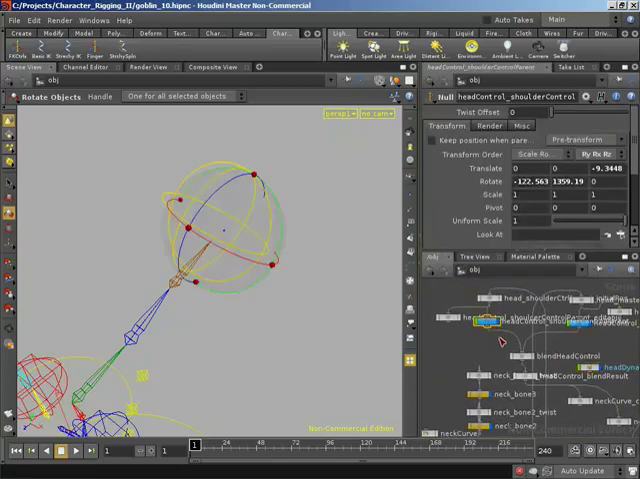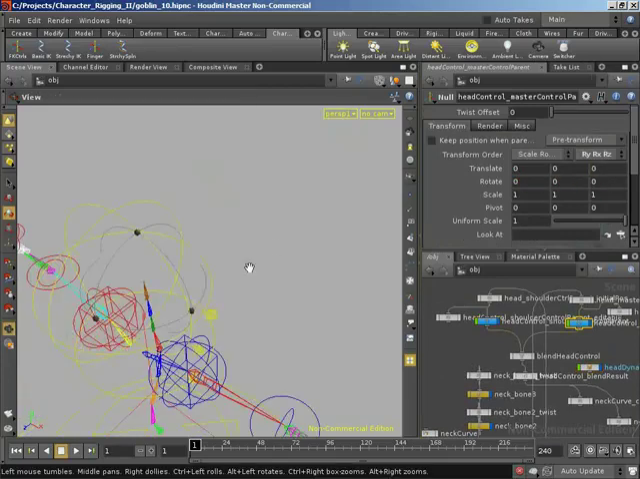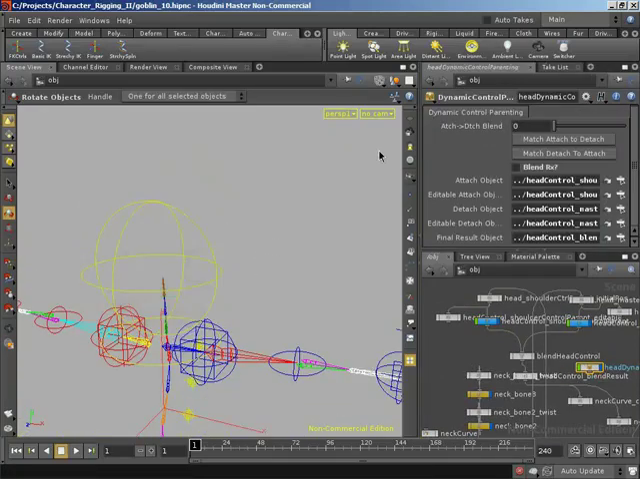So I'm going to zero out the attach control, zero out our detach control. We are already blended over to the attach, so I don't need to worry about zeroing that out,